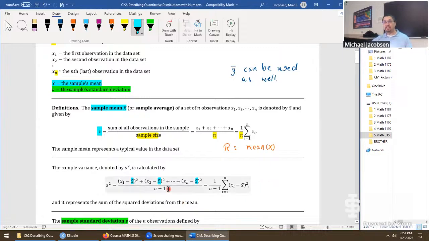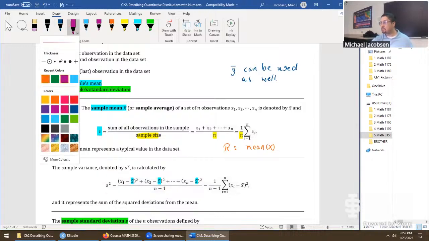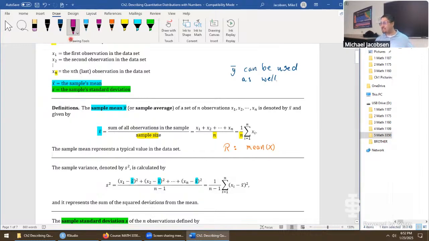There's some oddities down here. Let me know if you're curious about what's going on here with n minus 1. It just seems odd to go from sample size n to sample size n minus 1. There's a couple ways to describe this. I think the most clear way is it's about degrees of freedom in the data.